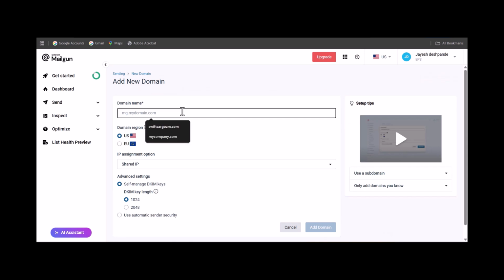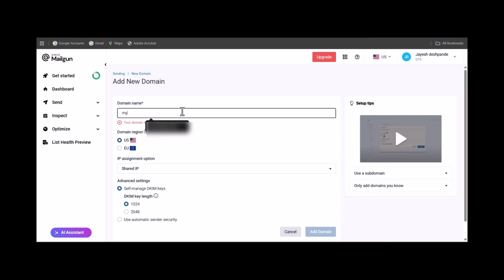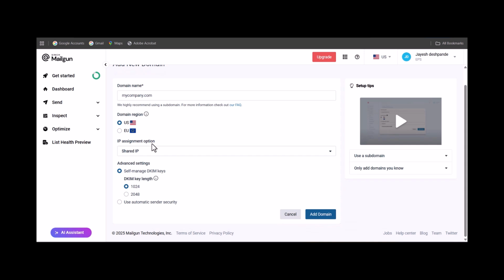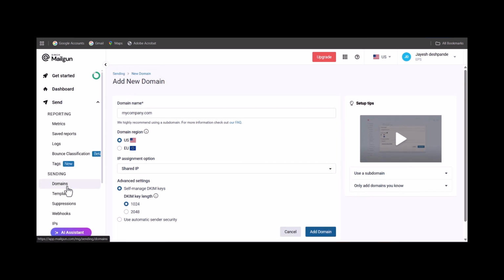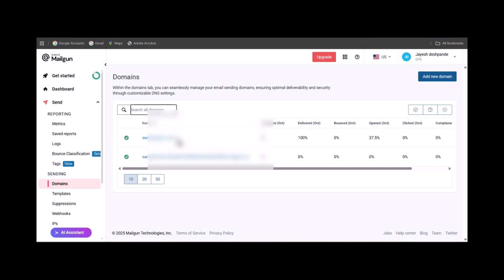Here you need to add your domain, like my company or whatever domain you want to use to send the email from. Just add that, select any region like US or EU, keep these settings for now as they are, and just add this domain. Click on this Add Domain button. After that you will see it will be added in this list. After that it needs to be configured, so you need to click on this